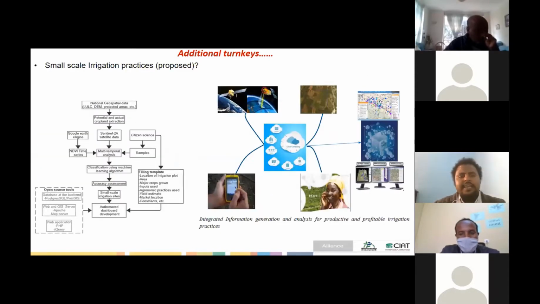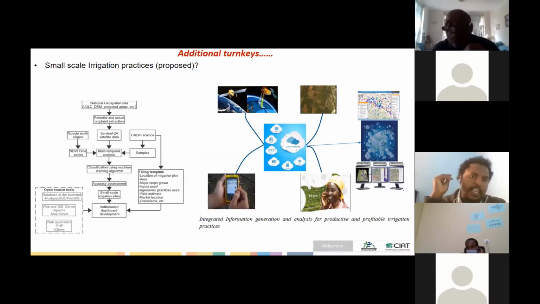And the other one is irrigation. I mean, the focus in that presentation is about rain-fed agriculture, but I think as we have more small-scale irrigation areas in the country, it's really important to have exactly what inputs, what technologies, and what are the areas of this small-scale irrigation in the country. And so the team are working on using high-resolution remote sensing data with citizen GIS, because the extension agents, they have some smartphones and they can provide a lot of information on the ground.